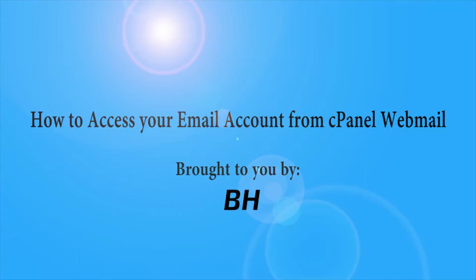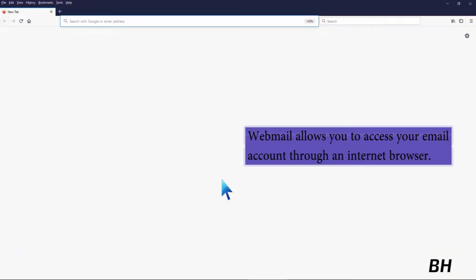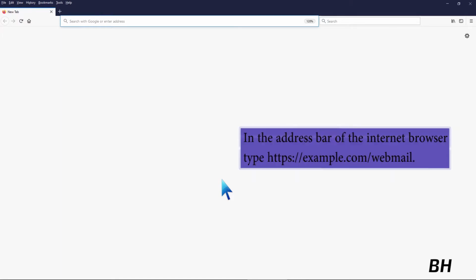How to access your email account from cPanel Webmail. Webmail allows you to access your email account through an internet browser. In the address bar of the internet browser, type